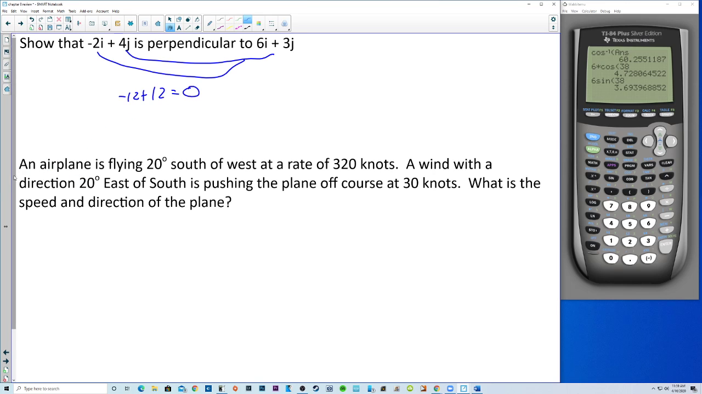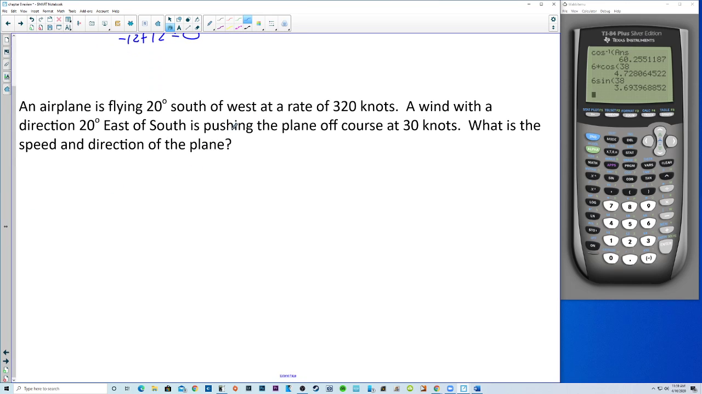An airplane is flying 20 degrees south of west at a rate of 320 knots. South of west, so on the south side of west. So we should probably start the plane over here. 20 degrees on the south side of west. All right, like this. Let me extend this a little bit, where this is the 20 degrees and the